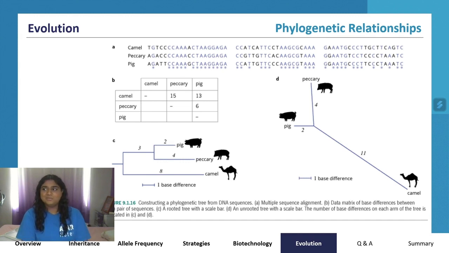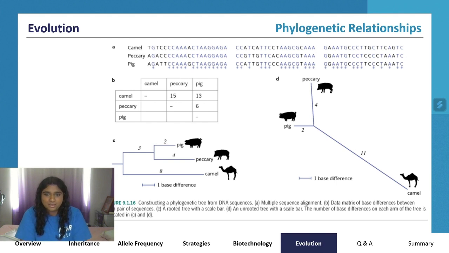Recent, though, in terms of evolutionary relationships, can mean thousands, hundreds, or even millions of years. Everything is comparative to the billions and billions of years that the Earth has been around for already. So phylogenetic classification, which is what you see on the screen here, is the classification of organisms based on their evolutionary traits. And a phylogenetic tree is a diagram that shows how similarly related organisms are.